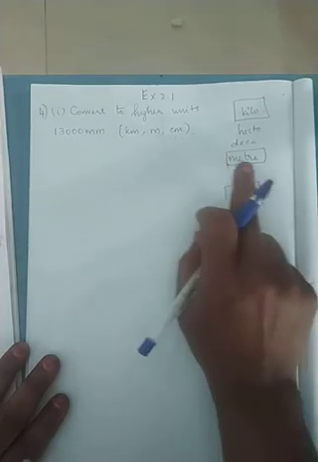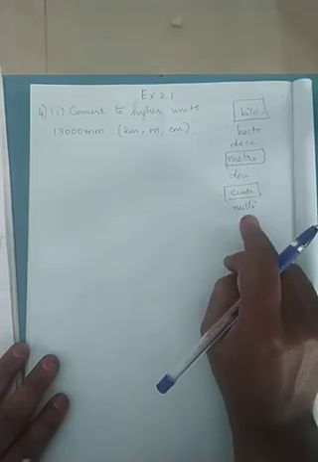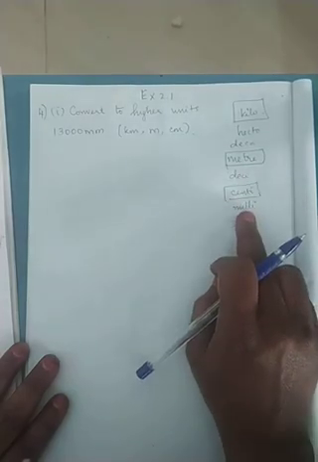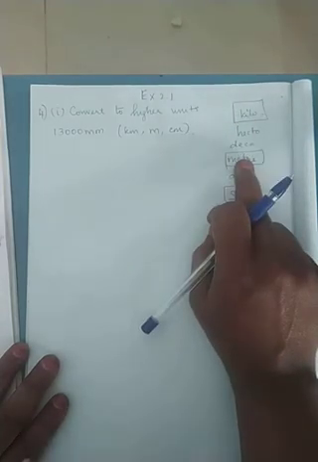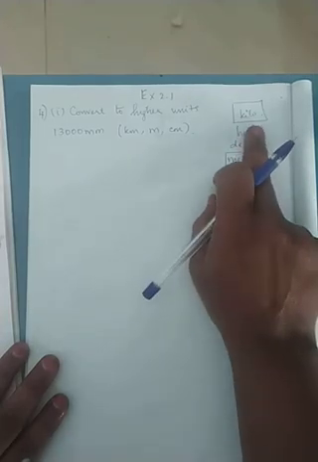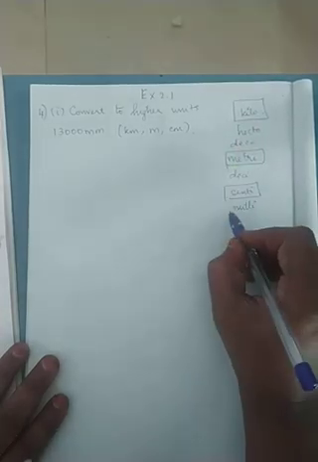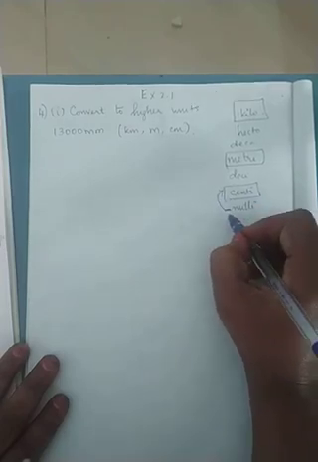So first we will write the formula: meter, decimeter, centimeter, millimeter. This is the downside formula, and here this will be the hecto, deca and all will be the upper end. Now, whatever you have to convert, you put the box. From milli we are going to centi, that is we are going from down to up.